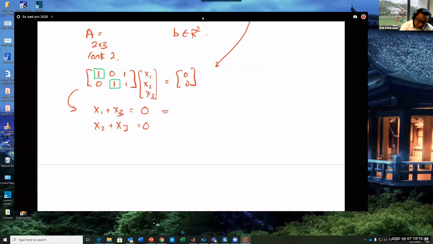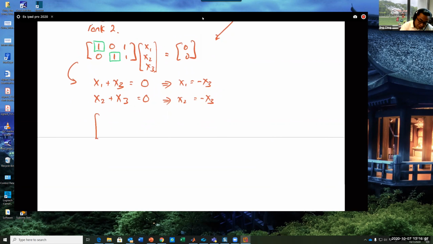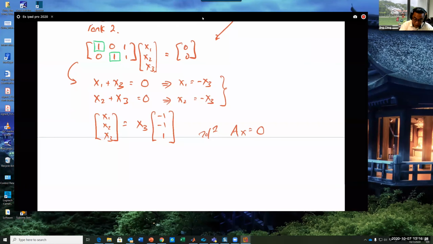So this implies x1 equals minus x3, and x2 equals minus x3. Now, if I want to represent my solution x1, x2, x3, what am I doing? I look at these two and I write x3, and the answer is minus 1, minus 1, 1. So the solution of Ax equals 0 for this problem is